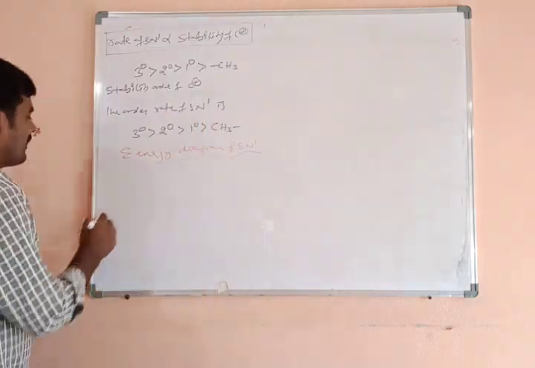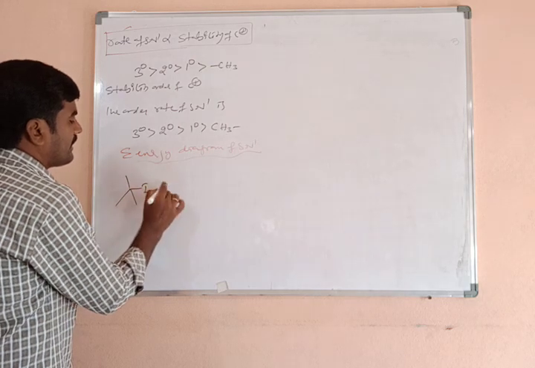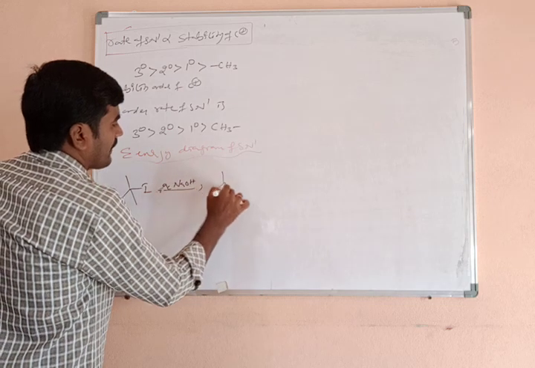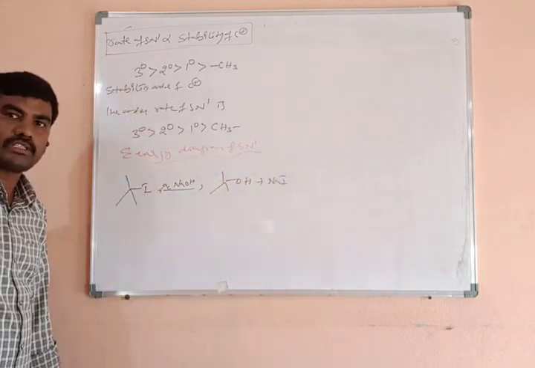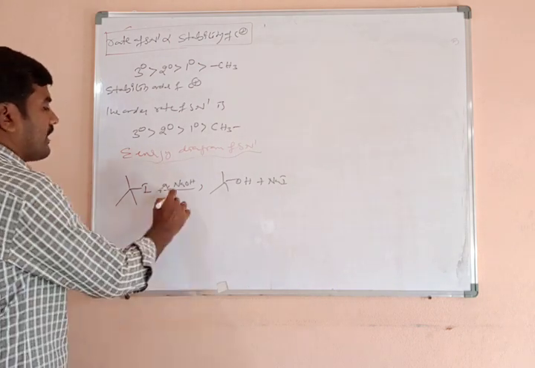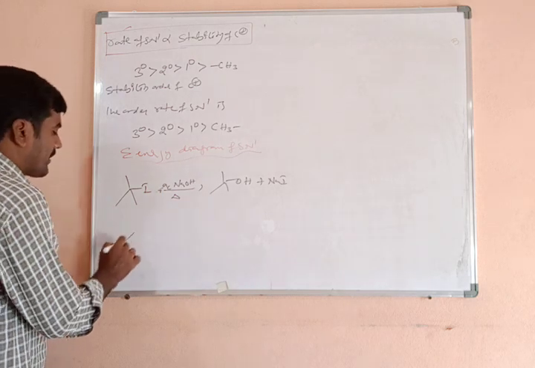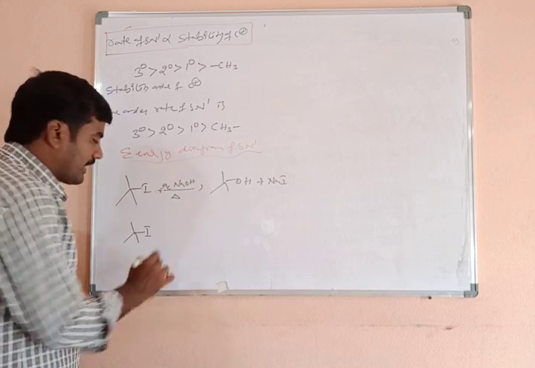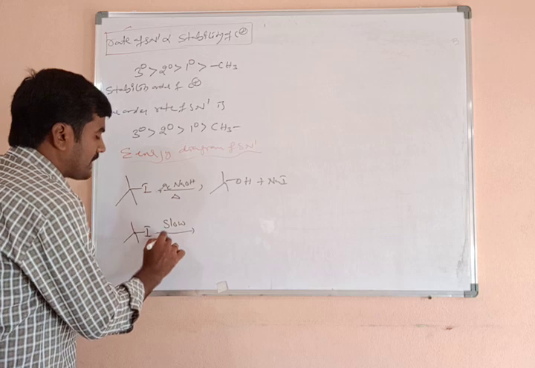I will take an example. Tertiary butyl iodide is reacted with, or boiled with, aqueous sodium hydroxide to form tertiary butyl alcohol plus NaI. This is the reaction of tertiary butyl iodide with aqueous hydroxide. In the SN1 reaction, two steps are there. What is step 1? In step 1, cleavage of the bond between carbon and iodine takes place, so it is the slowest step, bond breaking. So it is the RDS.